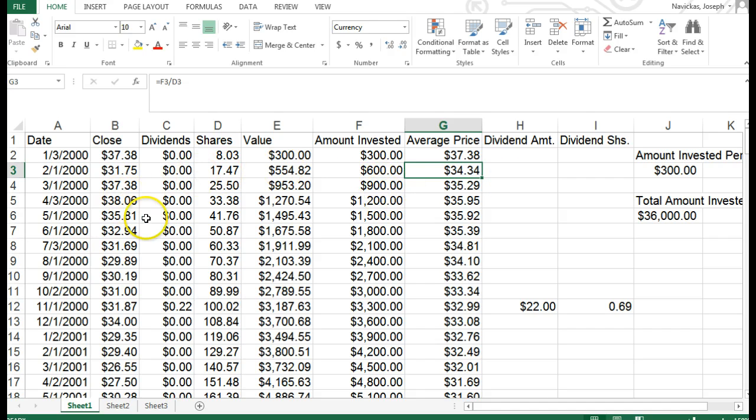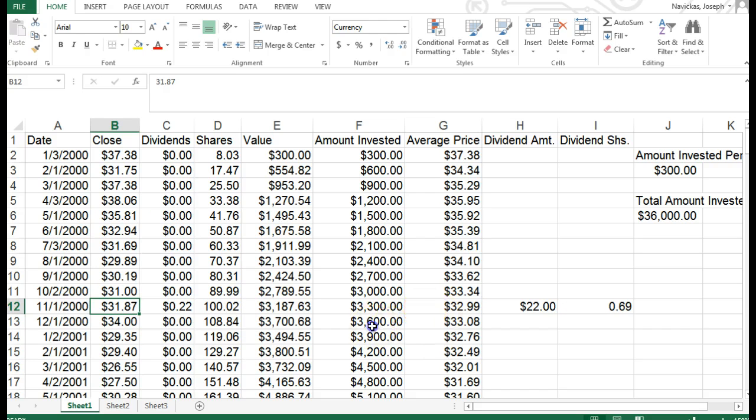So I keep doing this over time, and notice that during the year, this company paid a 22-cent dividend, and they only paid one dividend for the year, and it was 22 cents. And so in my calculation, I basically acquired some more shares of stock through that dividend, and you can kind of see that in this column over here. There's my $22 that I received in dividends on the shares that I had, the 100.02 shares, and I basically got 0.69 of a share because the stock price was at